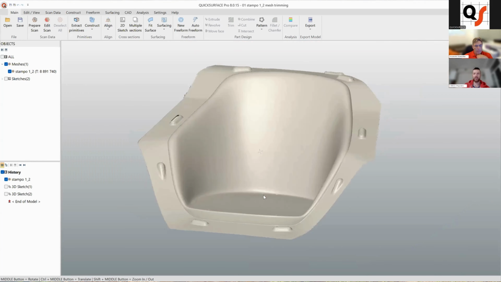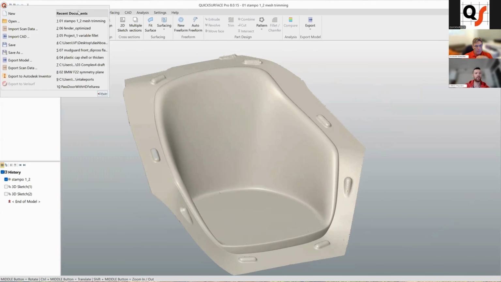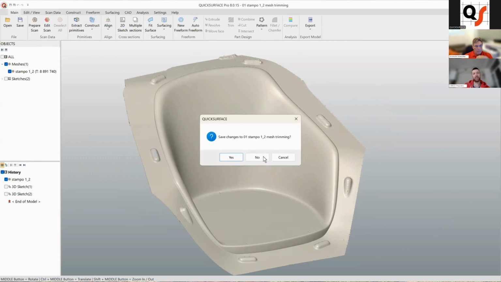That would be all about mesh trimming, I guess. We can move over to our next topic, and this is